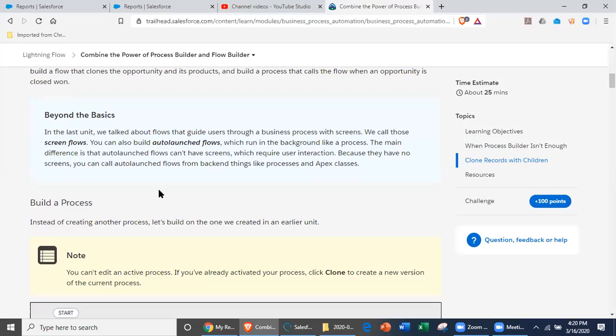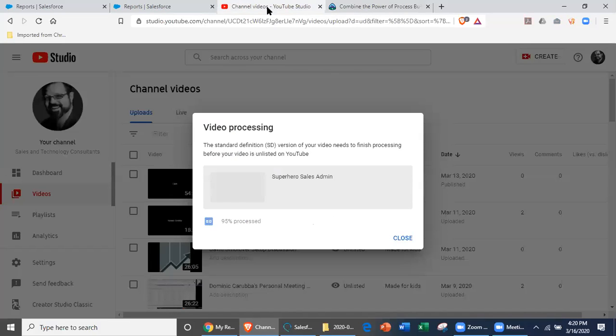When you get into topics like this with Salesforce, the truth of the matter is there's somebody out there in the community that does this all the time. And because they do that all the time,